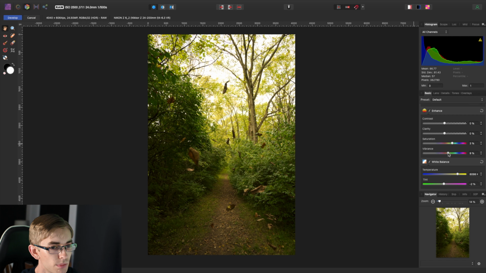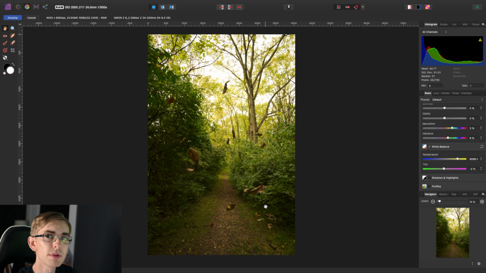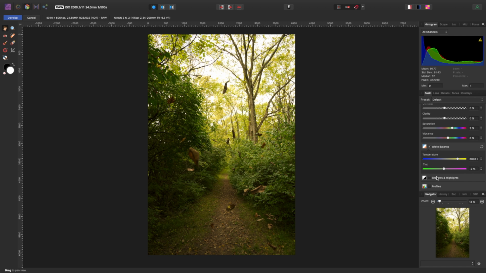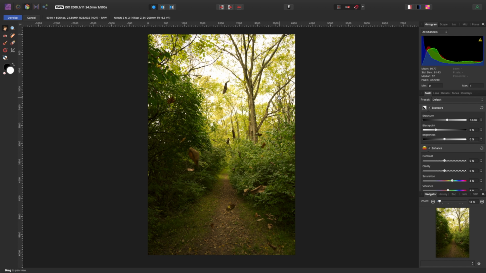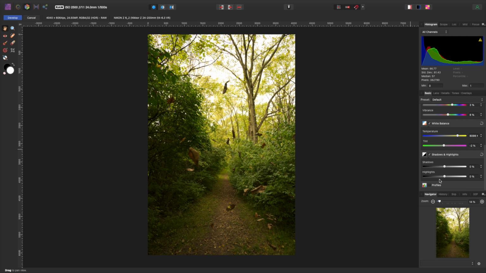Now, at this point, what I'm mostly noticing is that there's still some areas of this image that I think are quite dark. These bushes here in particular still look real dark to me. So I don't want to make my overall exposure brighter at this point because the area in the sky is already as bright as I want it. So I don't want to be making that any brighter. So I'm going to just select the shadow section, and I'll raise the shadows specifically up. And we really don't need to, at least for an easy edit, get into masking off a section. We can just use the shadow slider, pull that up a little bit.